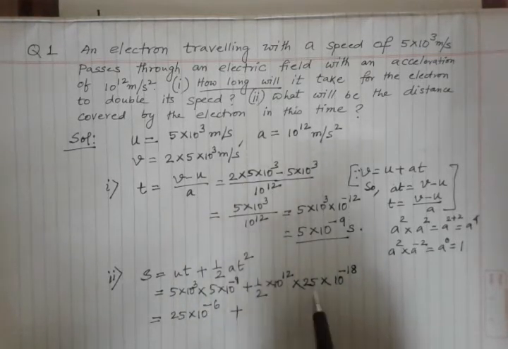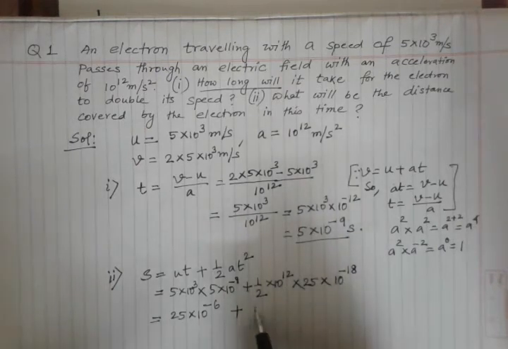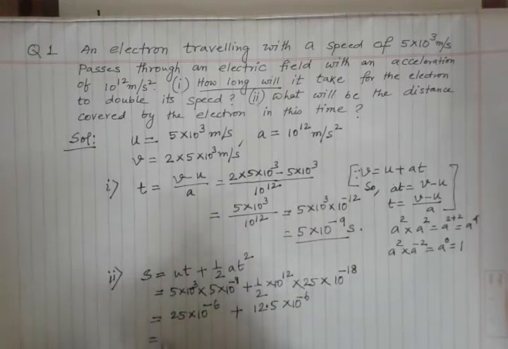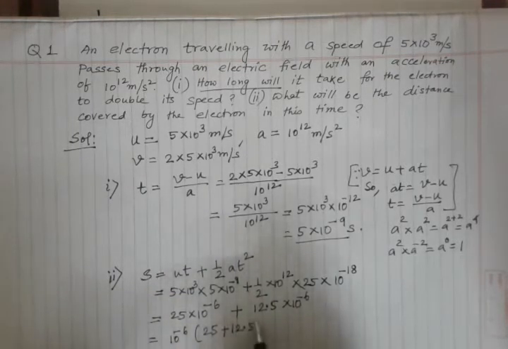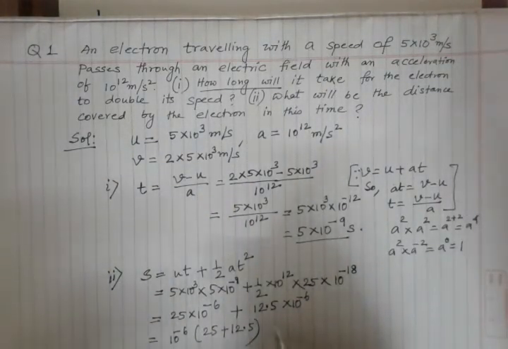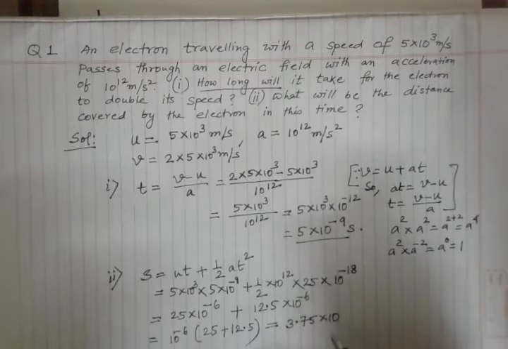Plus then 2, and this will calculate, this will be divided, you'll get 12.5 into 10 to the power, again you'll get 10 to the power minus 6. Okay, so take common, 10 to the power minus 6 will be common, so 25 plus 12.5. Okay, so if you add this one, you will get 3.75 into 10 to the power